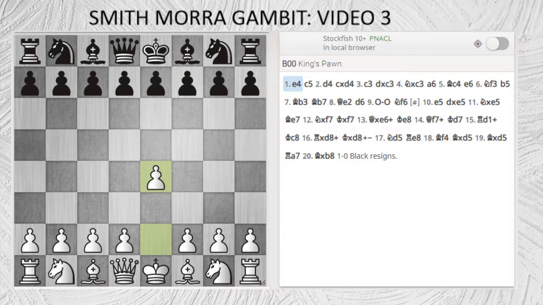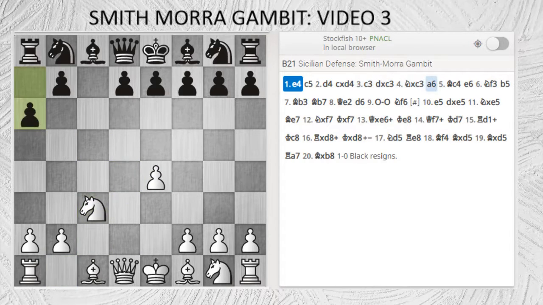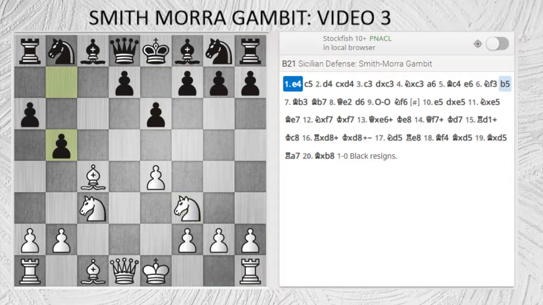So let's get started. The Smith-Morra Gambit, starting with the main moves e4 c5, and then d4 cxd4, c3 dxc3, knight takes c3, and now a6, which is the kind of setup I had mentioned in the last video as well, is not a very good setup for black. White continues with bishop to c4, e6, knight to f3, and now b5, attacking the bishop. The bishop just goes back to b3, and bishop to b7,